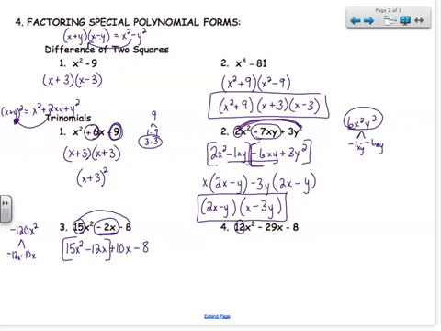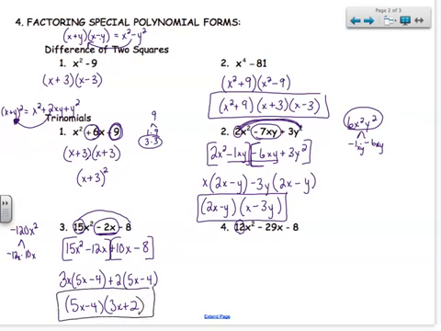Now pair them and take out the GCF. The GCF in this first one is 3x. I'm left with 5x minus 4. The GCF in my second pairing is a 2. I'm left with 5x minus 4. So we factor off the 5x minus 4, and we're left with 3x plus 2. And that's factored. So I'd like you to pause the video and try to do this next example